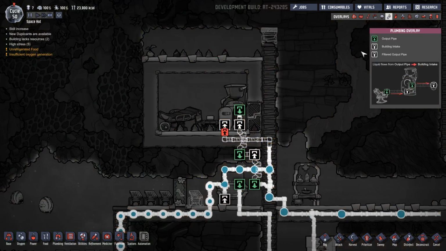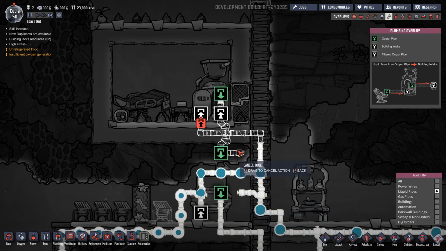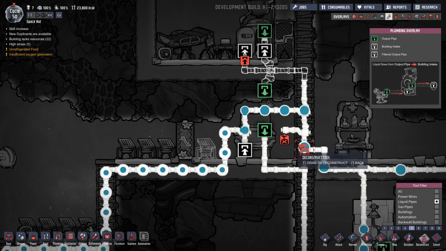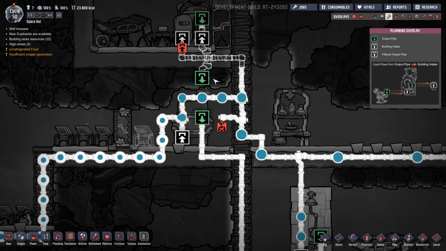Oh, wait a second, wait a second, wait a second. No, this is bad. Hold on. Cancel this guy. Deconstruct. Wait, how do we connect this? We're gonna have to run a really ugly pipe bridge. Because if we run the pipe bridge to here, it just connects over to here immediately. And then it's pumping filthy water out of the lavatory into the drinking water. So, what we have to do instead is...